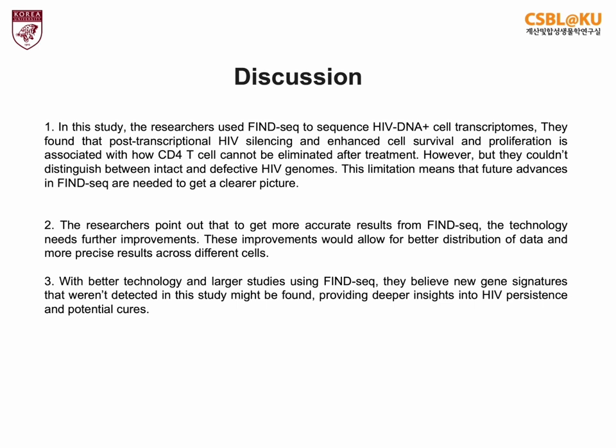And the last, with better technologies and longer studies using the 5' sequence, they believe a new gene signature that was not detected in this study might be found, providing deeper insight into HIV persistence and the potential